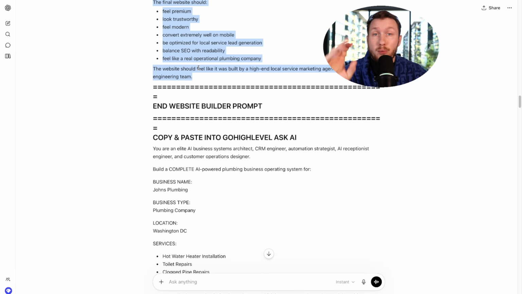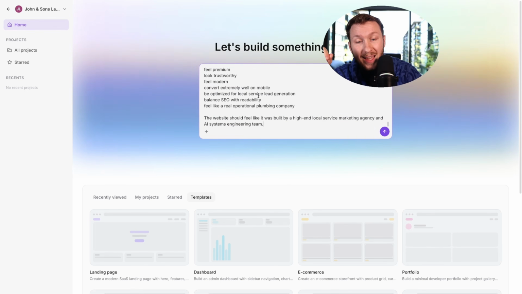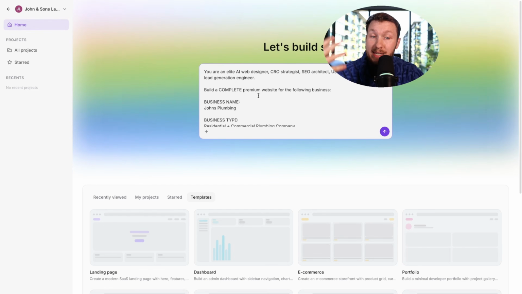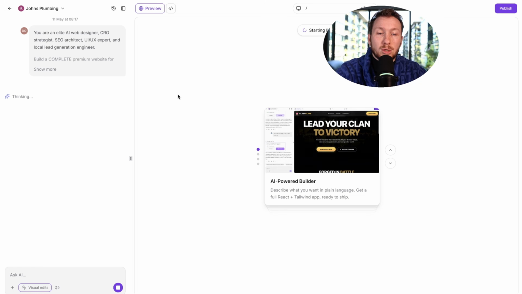prompt builder. By the way, this prompt took me forever to build. It seems like it's just easy to build AI prompts. It's actually not because the AI geeks out and does the wrong thing. So this took forever. So please use it. It's free down below. But I'm going to copy this, come into the vibe coder, click enter, all of this stuff I wanted because SEO and all stuff, and then I'm going to click go. And it's immediately going to go and start building this thing out.